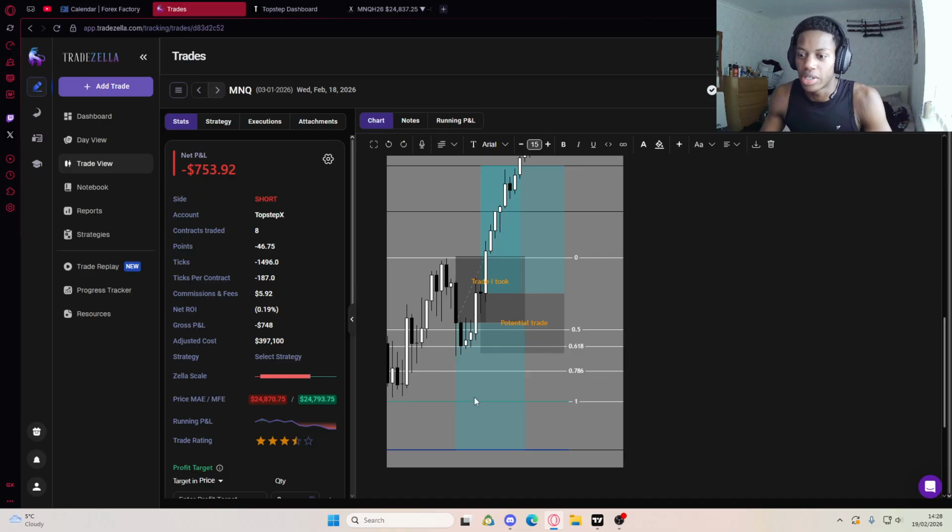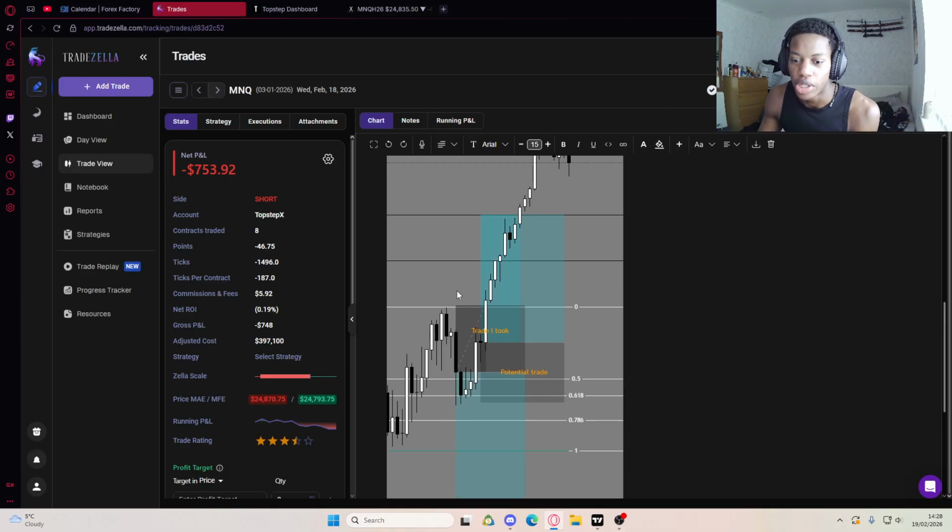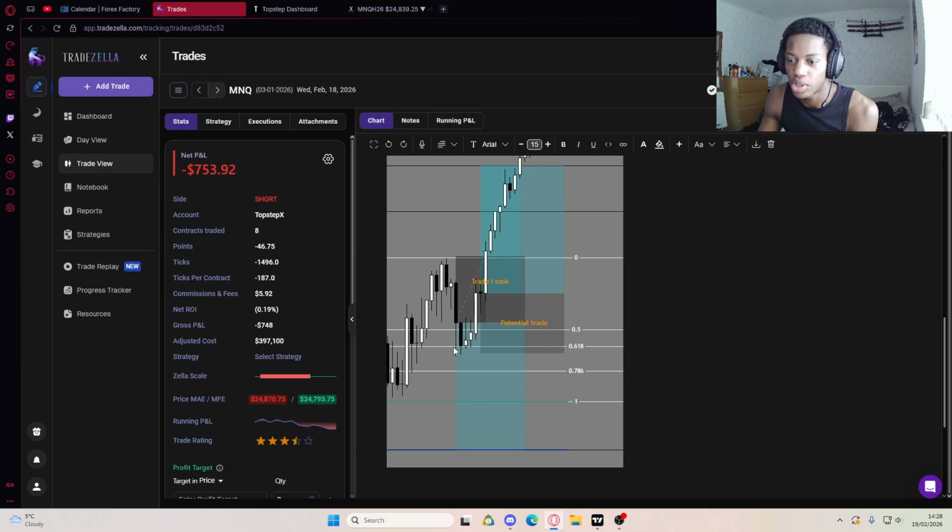So I should have taken this trade after I got stopped out. But I got stopped out and my rule is 1 loss a day. So yeah, I wasn't bad about it because I follow my rules. I saw loads of people getting stopped out on this too, so I knew I wasn't the odd one out. But because it was showing signs of both bullish and bearish, what can you do? It's kind of a 50-50 there.